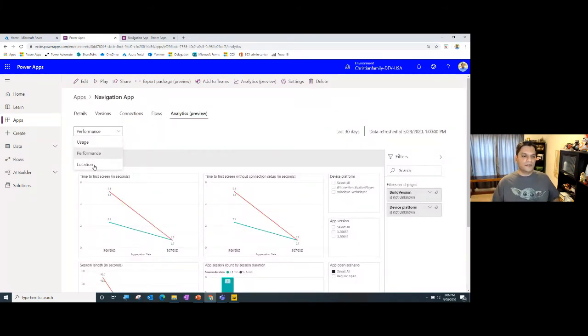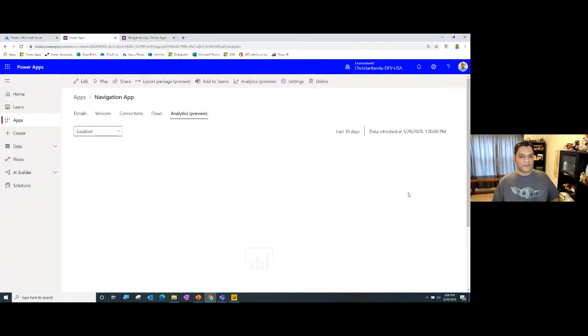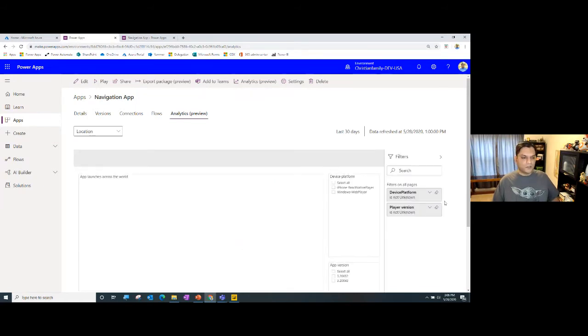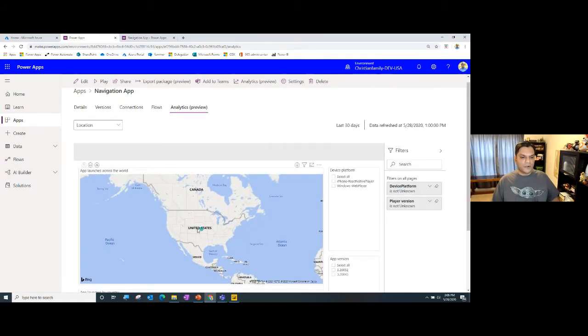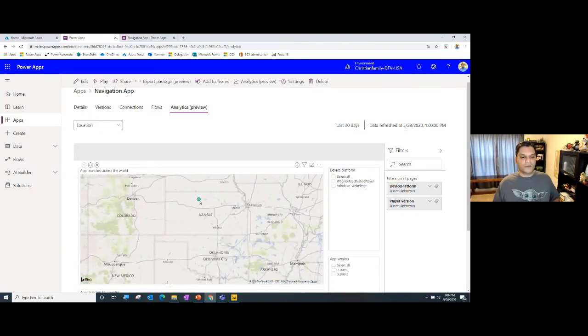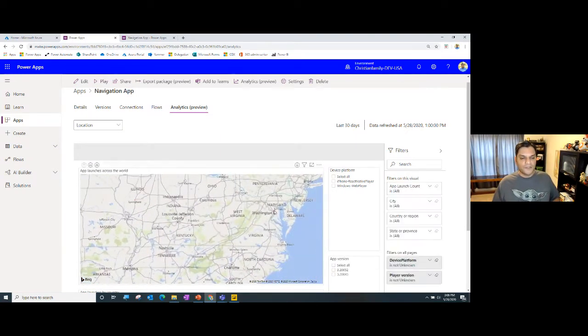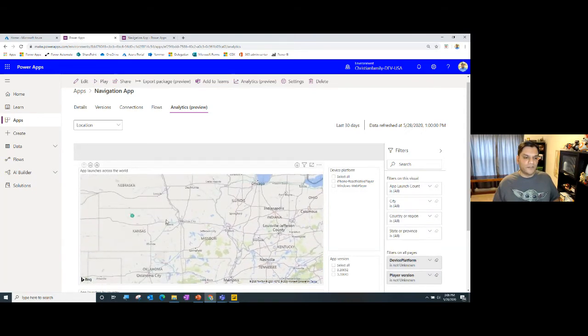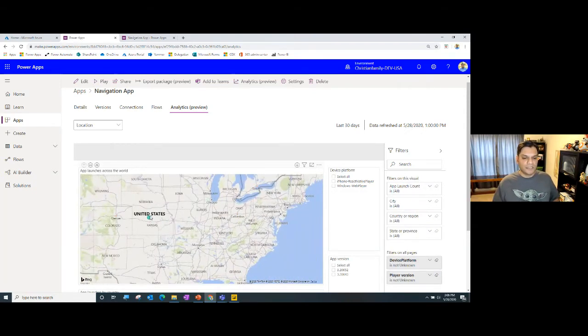And then last but definitely not the least, it's the location over here. So location is actually not too bad. It is pretty accurate, but every once in a while I've noticed a few hiccups, because, for example, I don't live in this location. I actually live more on the East Coast side, but every once in a while I've noticed this anomaly where it will show you a different location. For reasons I do not know why, but let that not be a problem over here.